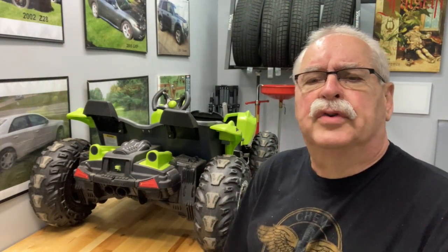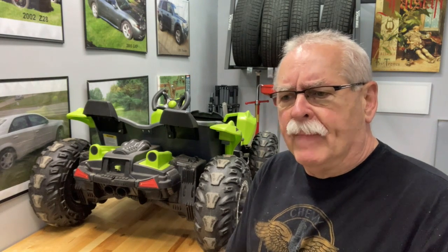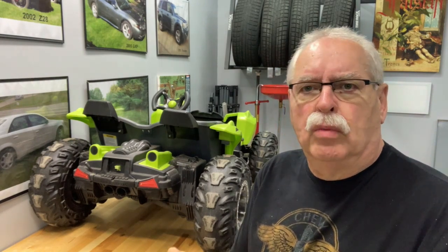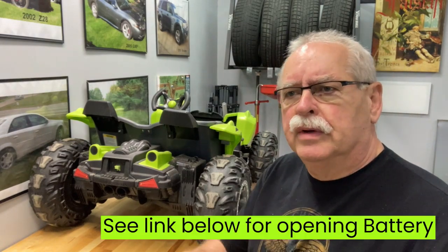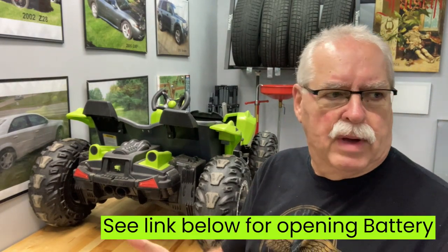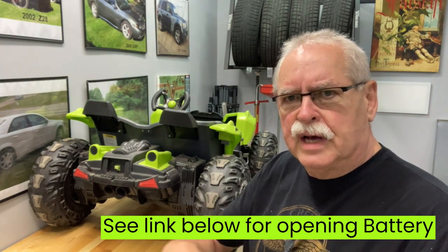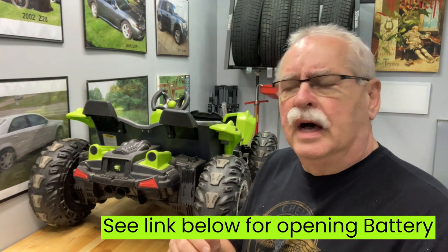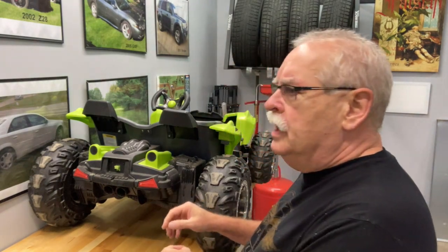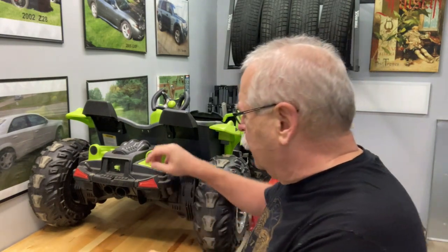When I got this Dune Racer, the charger had already been lost, but it still had the old battery. If you have the old battery, you can peel the top of the battery off. I'm sorry I don't have the old battery to show you that, but you peel the top off with an oscillating saw, and inside you'll find there's a plug with a couple of wires. There are some other videos on this. But anyway,